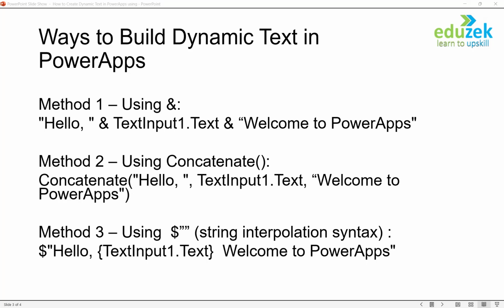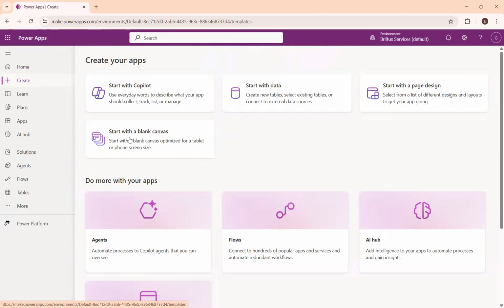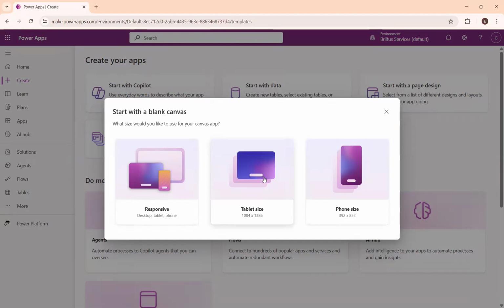Let's see it in action now. I'll create a simple screen with a text input control and a label. Then I'll show you how the label text updates instantly as I type using each of these methods. I'm opening the PowerApps environment. So this is my PowerApps environment. Clicking on create, clicking on start with a blank canvas, selecting tablet size,